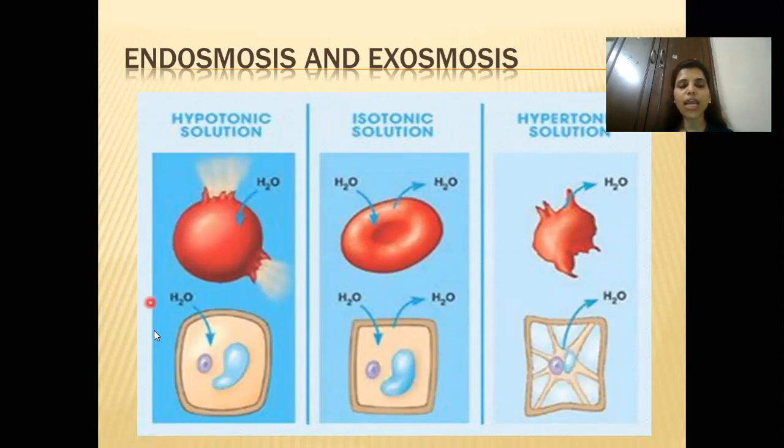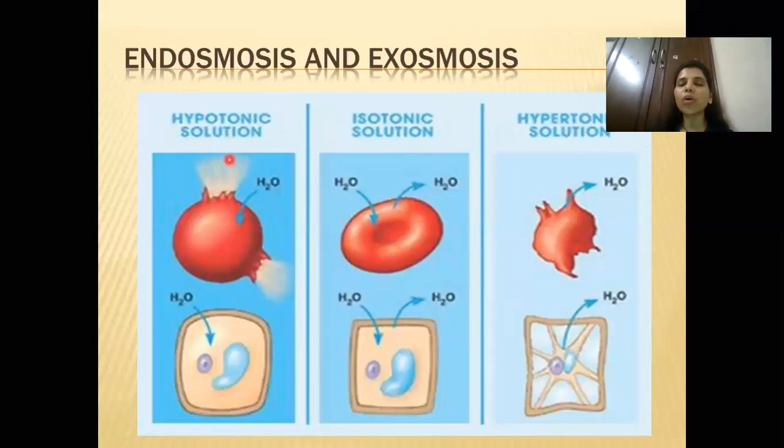Here the water from the higher concentration area is moving to the lower concentration area through the semi-permeable membrane, that is the cell membrane. But as it is moving inside the cell, it is known as endoosmosis. With respect to endoosmosis and exoosmosis, the solution where you are placing the cell is known as hypotonic solution or hypertonic solution. Hypotonic means with respect to solute, hypo means less and tonic means concentration. So tonicity we say concentration.